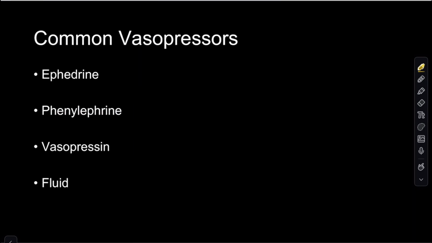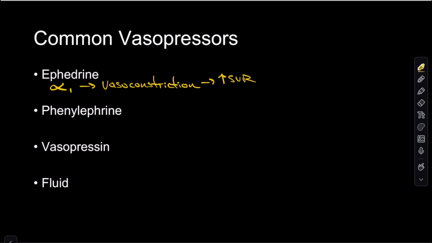There's a couple different common vasopressors that we'll talk about and their effects. So ephedrine has a primary effect on activating alpha 1 receptors. So it's an alpha 1 agonist. Alpha 1 receptors are found throughout the peripheral vascular system, and activation of them causes vasoconstriction. Vasoconstriction is then going to increase SVR, systemic vascular resistance, and then that would in turn increase your mean arterial pressure like we discussed on the